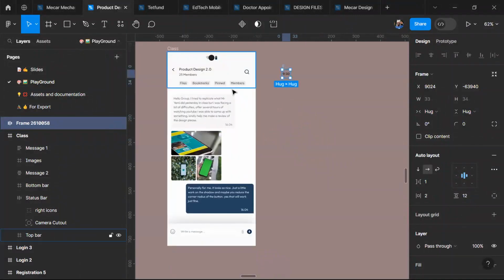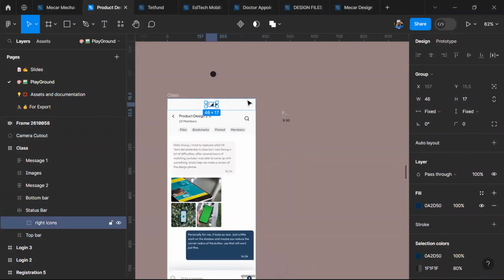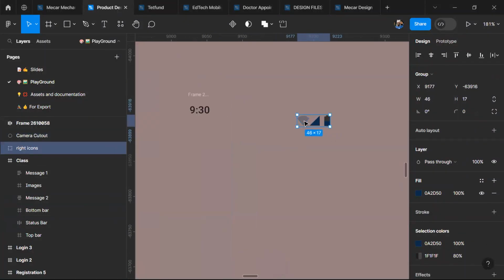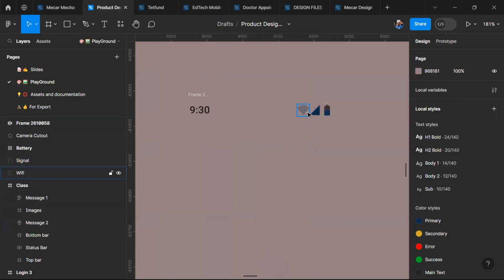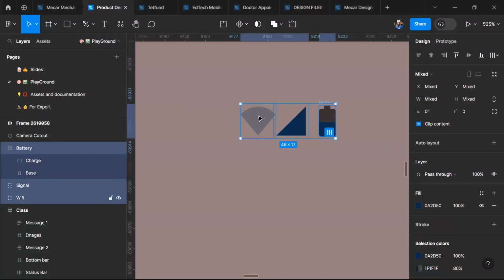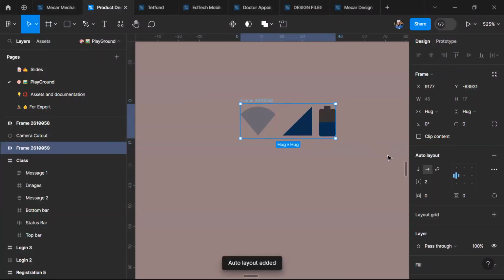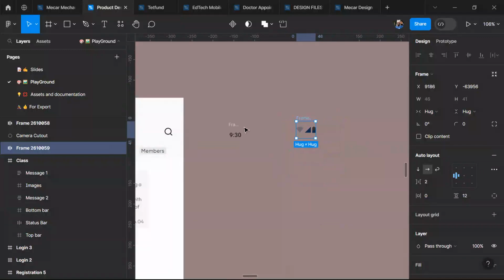Then what else? We have this circle, but let me bring it out. Everybody knows how we get all of these icons, the network, Wi-Fi and battery, so I won't be doing that. Ungroup this. I will select the three of them and add auto layout to them as usual. Then I can give it also 12 up and down. So now that I have this and I have this,